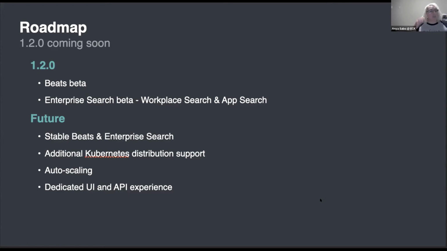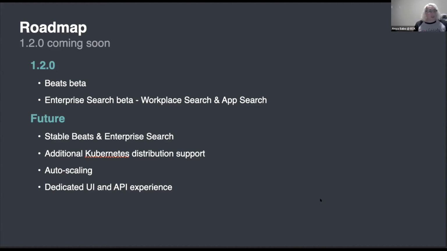Looking forward past that, mid to long-term future, what we hope to be doing is making both of those stable. We also might consider adding additional Kubernetes distributions. Right now, we support the three biggest cloud providers' hosted solutions: Azure, Google, and AWS.